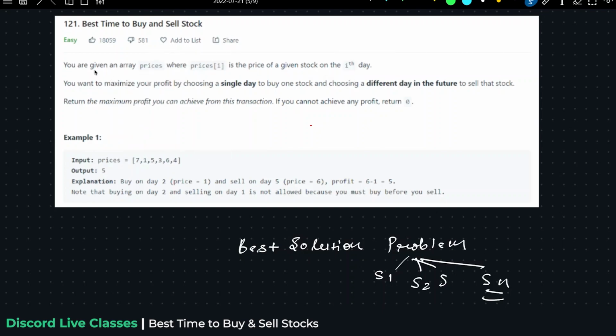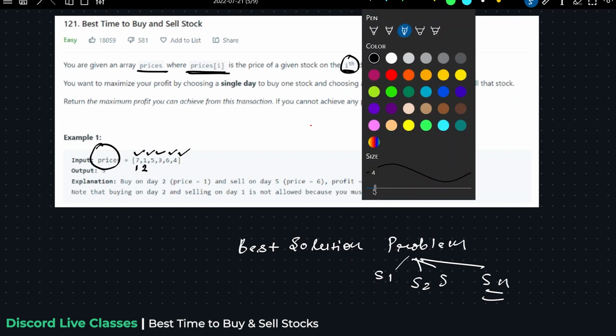The question says: given an array prices where prices[i] is the price of a given stock on the ith day. So we have been given the array prices. Each element is the price of a given stock on the ith day. The ith is nothing but the indexing. So each index is representing the day. Let's suppose the indexing is 0, 1, 2,